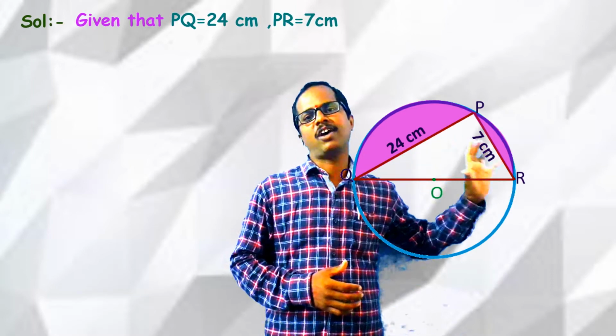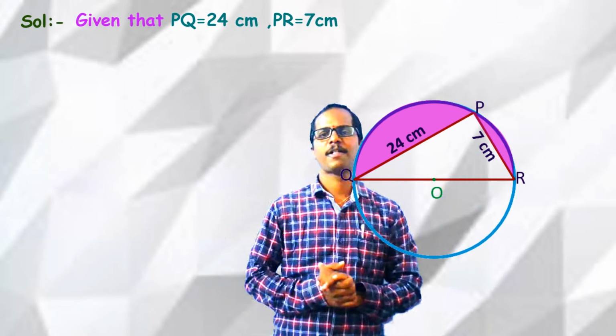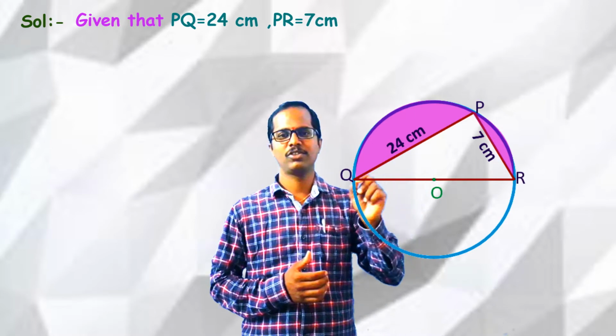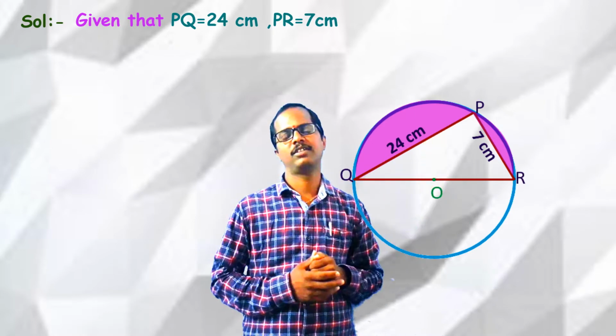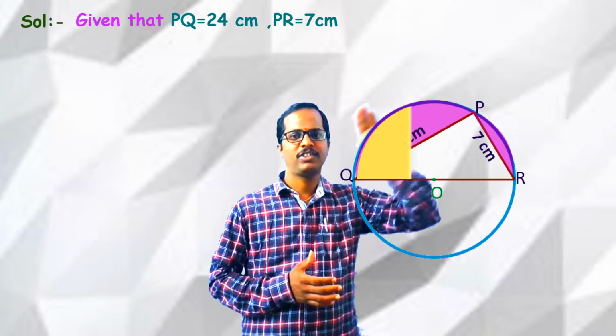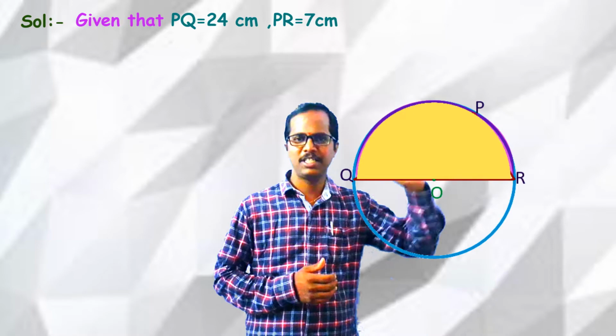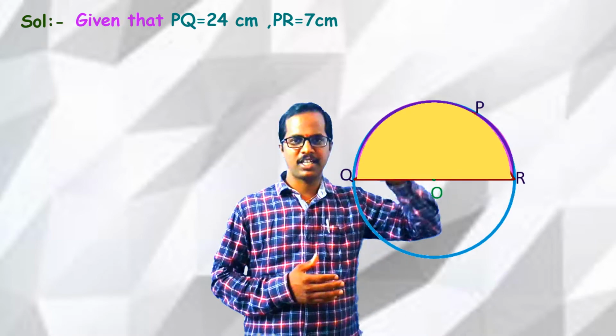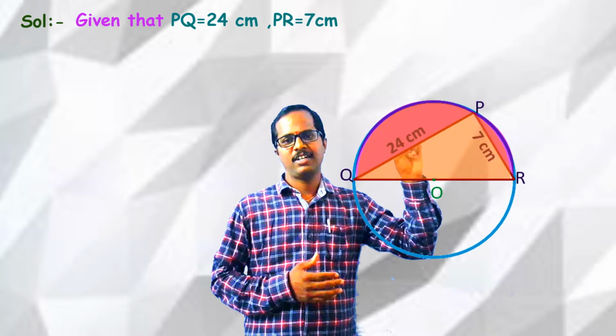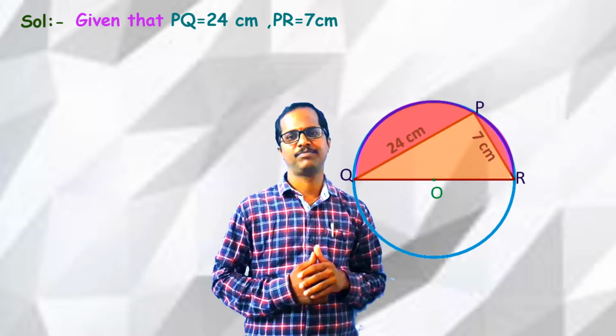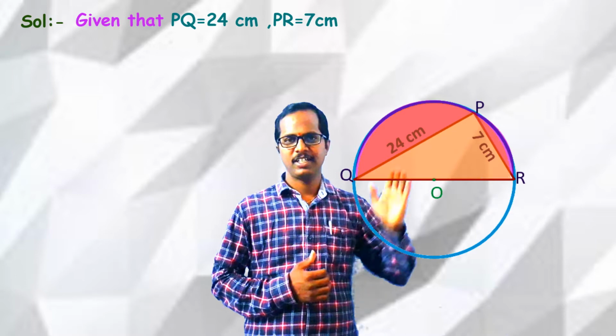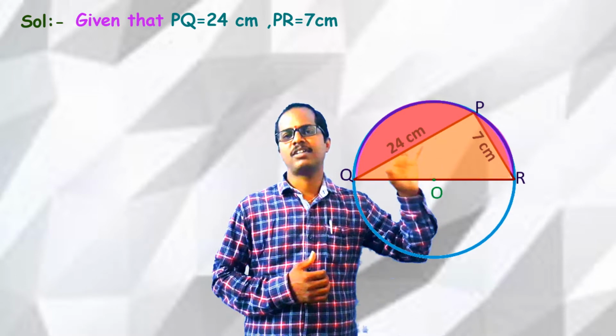Now here in this figure, we have two segments that are shaded, and we need to find the area of these two segments. Now can we use the same concept here also? So let us check this. Now see this figure O, Q, P, R. What is this figure? Very good. It is a semicircle. And this semicircle contains the required two shaded segments. Means the two shaded segments are the parts of this semicircle.